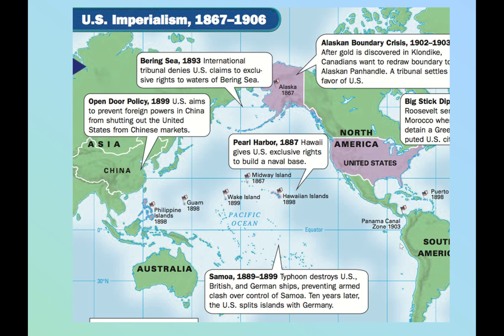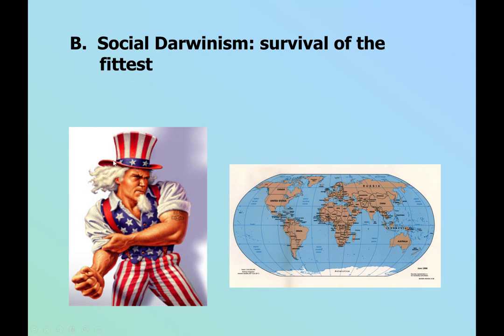Okay, this is a larger picture of that map. You can see that more clearly, the path to China. Okay, now in addition to this economic motive, there are also ideologies that are prevalent during this period that help